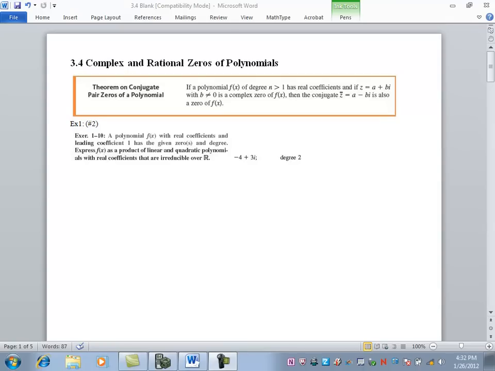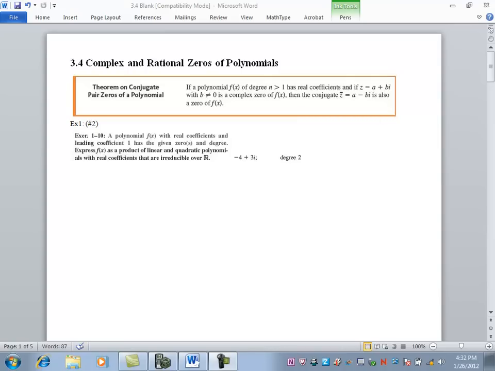it says if a polynomial f of x of degree n, where n is bigger than 1, has real coefficients, and if z equals a plus bi, b not 0, is a complex zero of f, then the conjugate is also a zero. So we've got two complex numbers here, z and its conjugate z bar. We read this as z bar, and so if we look here at our example, it says a polynomial with